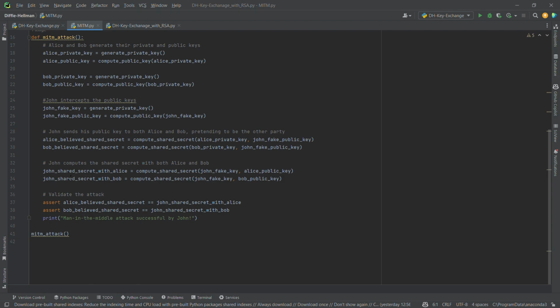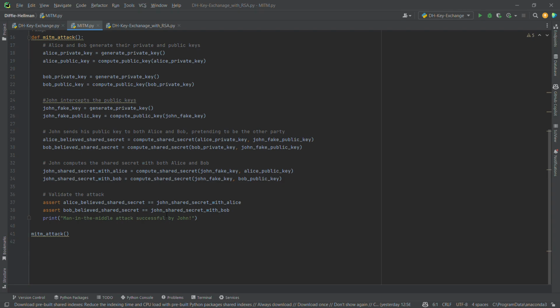And also, John can easily calculate the shared secret using his private key and Alice's public key and Bob's public key, because they are public and he can easily get them. And if Alice's shared secret and John's shared secret are the same, and as well as Bob's shared secret and John's shared secret are the same,